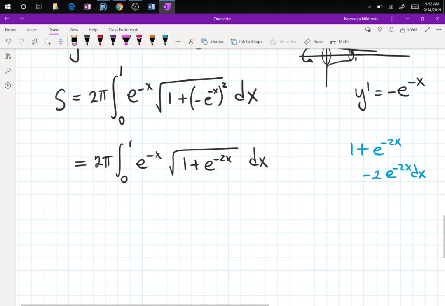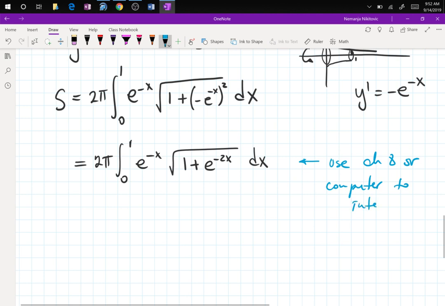Well, guys, the entire chapter 8 is there for us to learn different methods of integration, right? So use chapter 8 or computer to integrate. And we can pick another example. I'm going to log on real quick to the book and pick up another example,